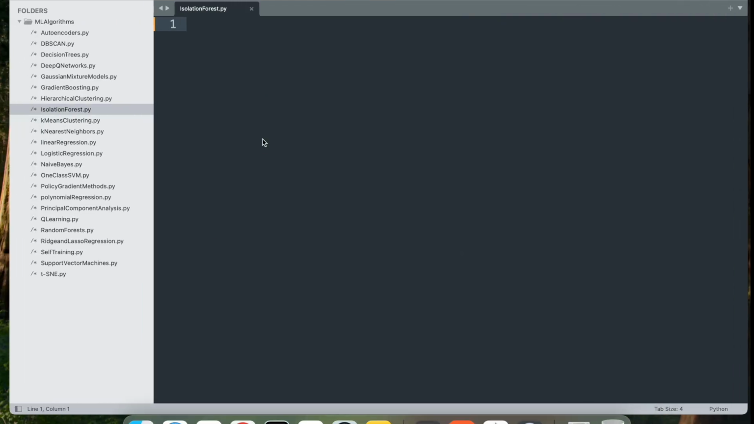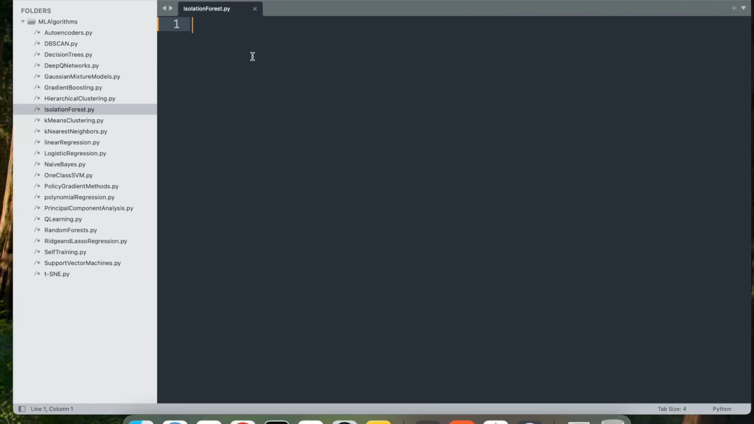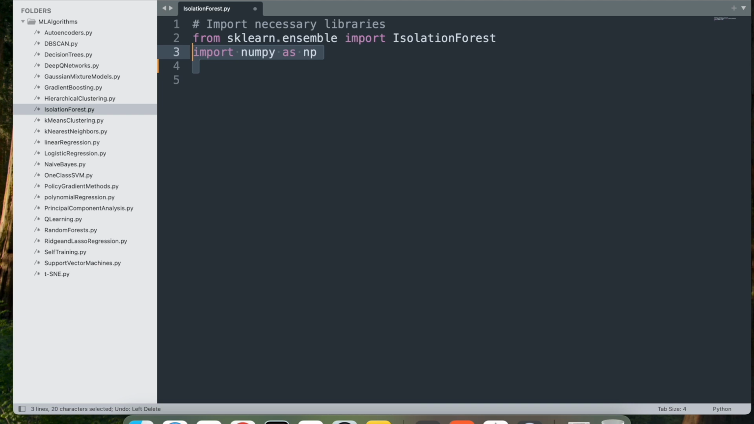We'll go ahead, and I've already created a file called isolationforest.py. The first step is to import the libraries. First, from sklearn.ensemble import IsolationForest. This is where you can find it. Then import numpy as np. The first one imports the IsolationForest class from sklearn.ensemble, a